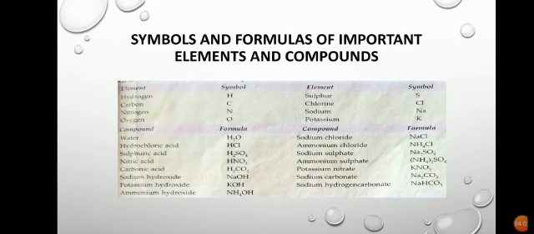As you can see over here, sodium hydroxide, what is its formula? Sodium hydroxide, it is NaOH, okay. Na is the symbol of sodium and OH stands for hydroxide. Similarly, potassium hydroxide, as you can find here, it is KOH. The symbol of potassium is K, and then hydroxide OH,